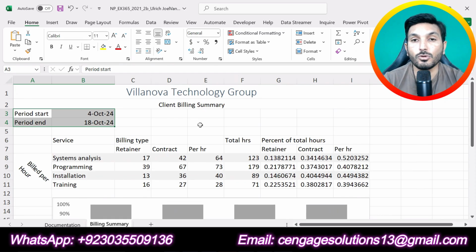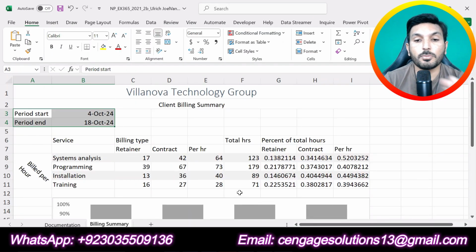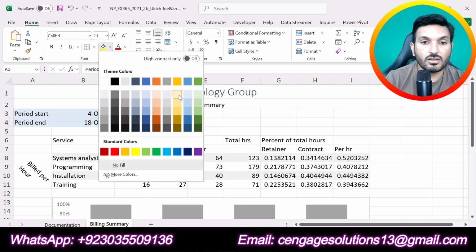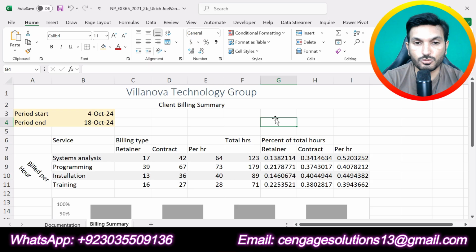Now we are supposed to change the background color of this range to gold accent 4 lighter 80%, so that it should be separated from all other information. So change the color to gold accent 4 lighter 80%. So this is the background color that we are supposed to apply.